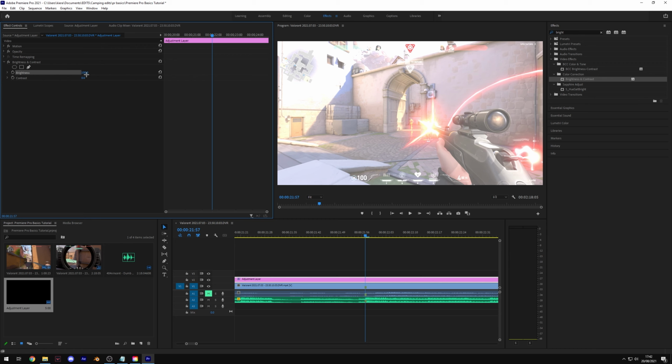You can also obviously click it and type in the number that you like. So if I wanted to type in say 30, I can do that rather than having to drag my mouse. So I'm going to set this back to 100 and click this stopwatch right here, which when you hover on it, it says toggle animation. When you click that, it will add a little diamond here, and that is called a